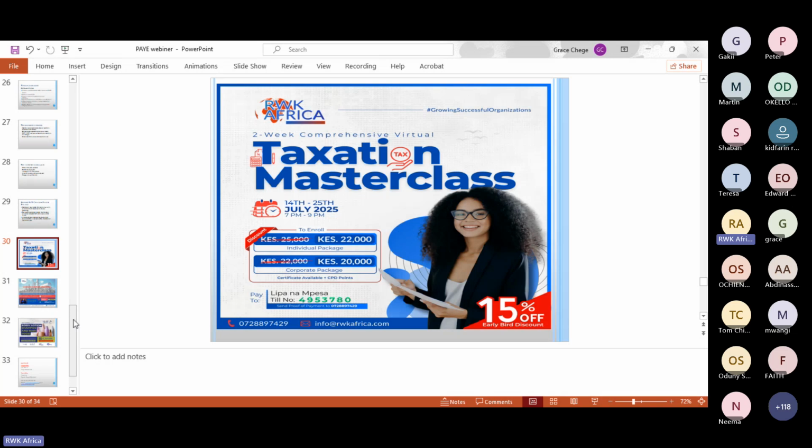So we have 5 modules on this masterclass. In the first module, we are going to be discussing the details on PAYE, NITA, housing levy. We are also going to be looking at the rental income, the MRI. You know, there is a rental income filing platform that has been introduced by KRA. We're going to be discussing that in detail. Also, the installment taxes. We're going to do practical exercises of calculating PAYE, filing the same, determining the NSSF, the SHIF contribution,